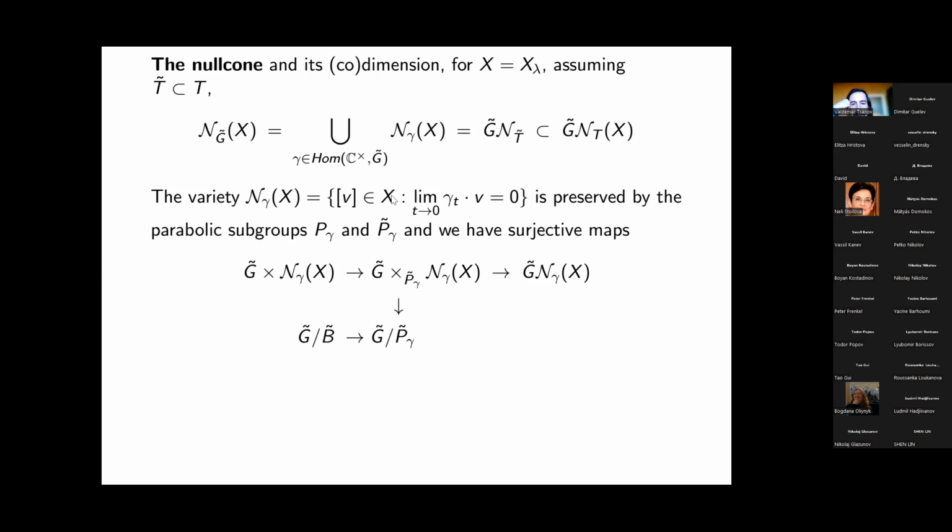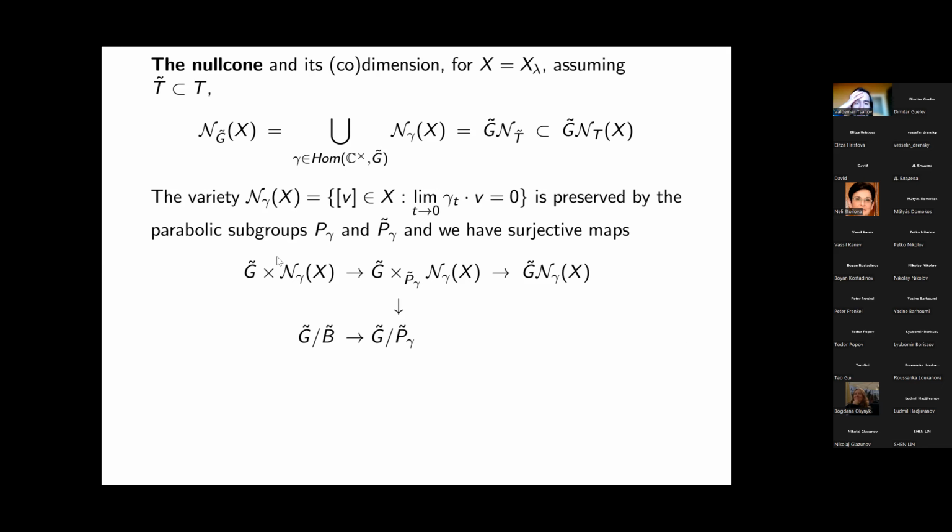X is defined just by G, the large group. So it's parabolic subgroups that should act on this space. I'll come back to this in a moment, but for now, let me use the P tilde action